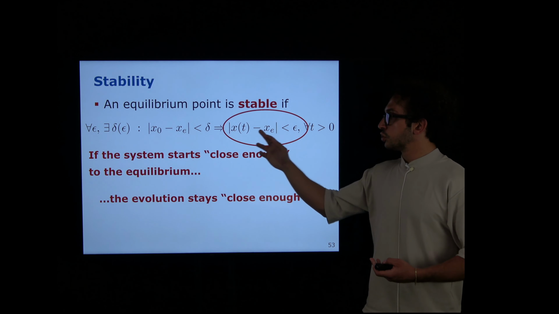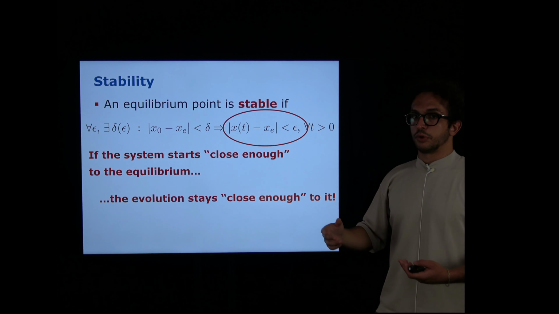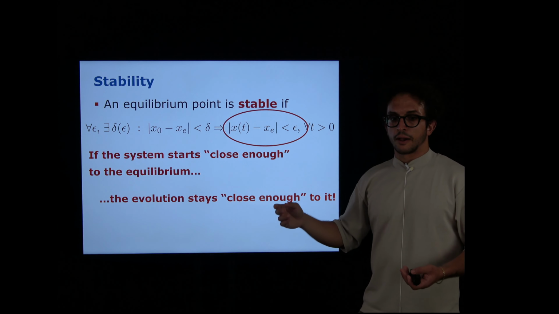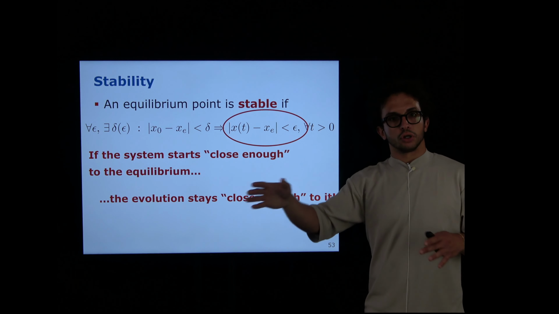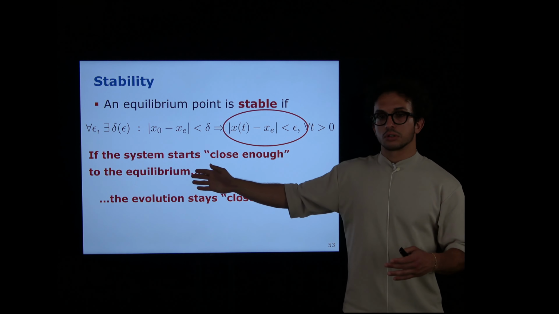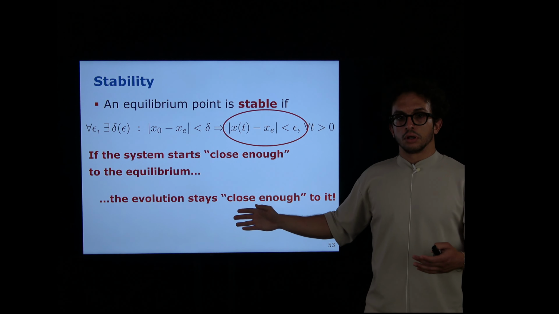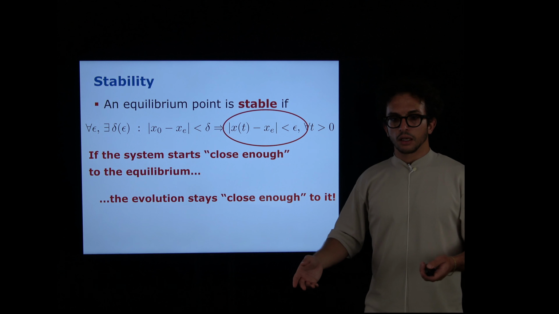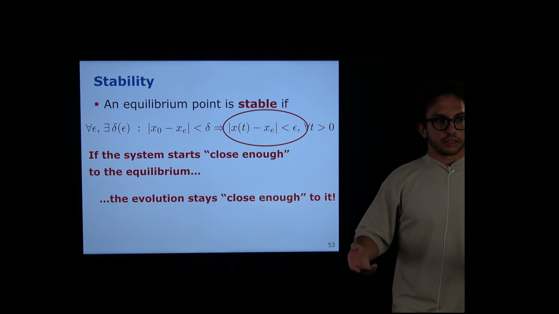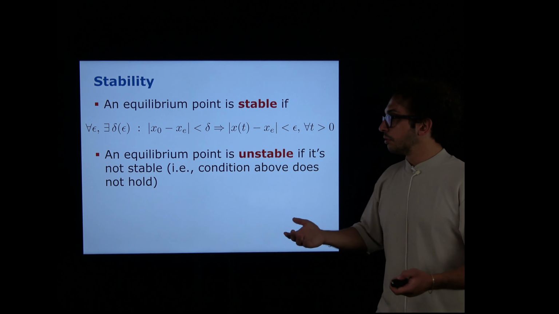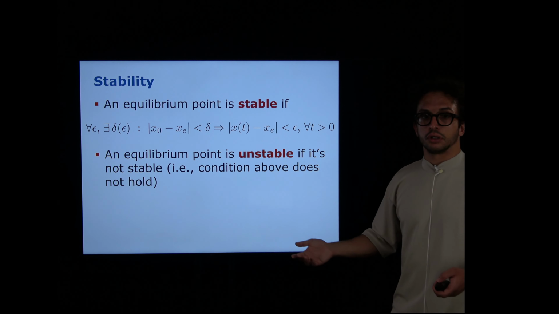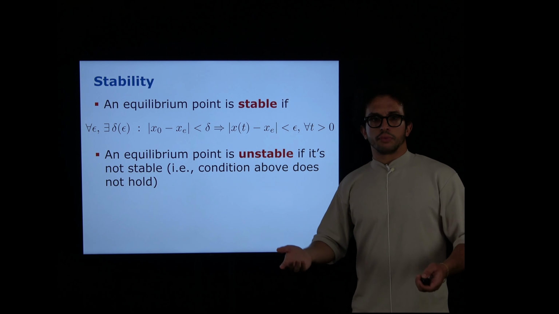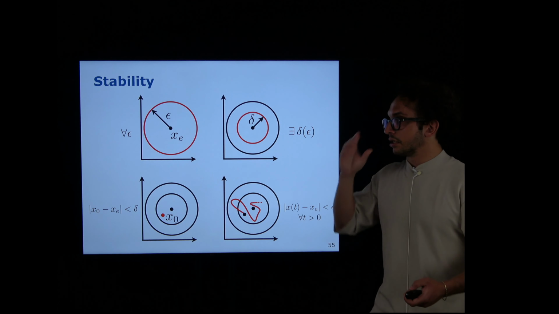So the evolution needs to stay close to the equilibrium on another ball, which is potentially different from this one, but still it doesn't go beyond that. So we start close, we end up close. Not just we end up, but we stay close for the whole trajectory. And very simply, an equilibrium point is unstable if it's not stable. So if this does not hold,